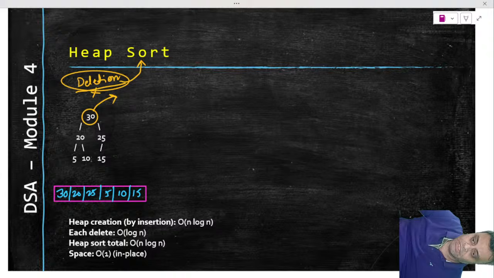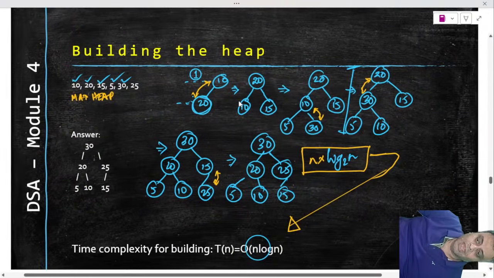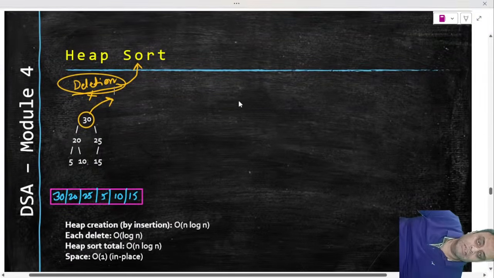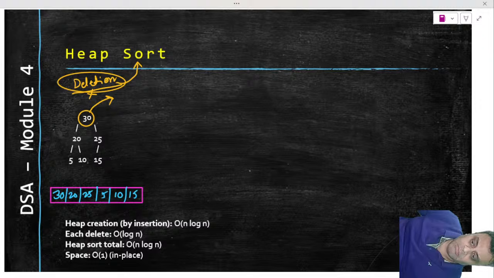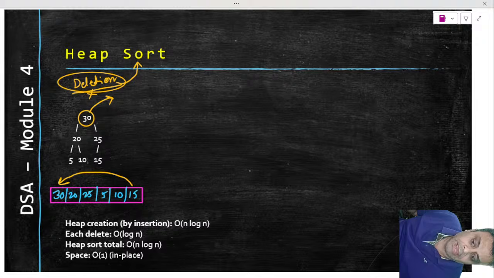The creation of this tree, I told you how we did it. We did it like this. And once we have created it, we are now deleting it. And deleting doesn't mean delete any element. You can only delete the top element. So the top element I will delete. And when I delete the top element, what will happen is the lowest element of the array will move to the front and replace the top element. And this space will become empty.